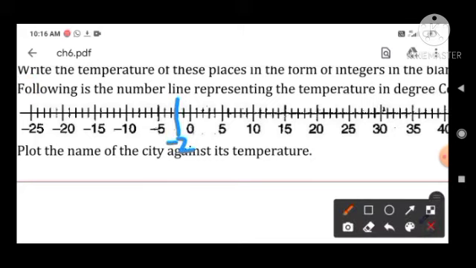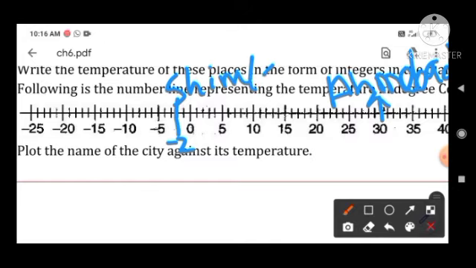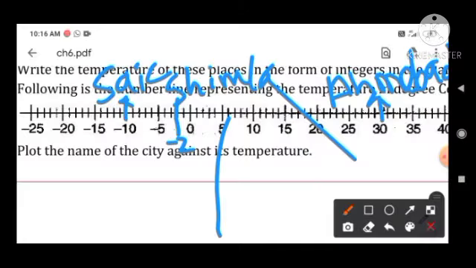Okay, then next is what? After Simla, the next is Ahmedabad. So that is given plus 30, isn't it? Above 0, 30 degrees Celsius. That means you can see it here. This is for Ahmedabad. You will write like this. And this minus 2 was for Simla, isn't it? You will write Simla here. Then this minus 10 is for Cochin.